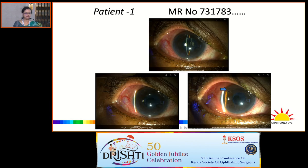This first 53-year-old lady underwent a combined cataract with IOL along with 25 gauge pars plana vitrectomy with endolaser and silicone oil for rhegmatogenous RD. And what you see here, looking at the contour of the iris, you can see the iris bombe. This patient had also undergone a choroidal drainage along with the procedure, and had a little early postoperative fibrin rise in the AC, and you can see in the lower picture that the iridotomy, which is patent, has relieved the